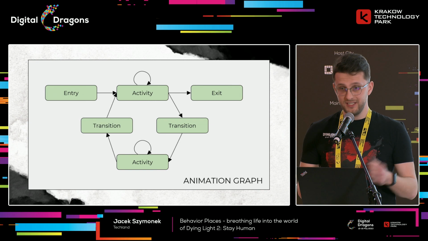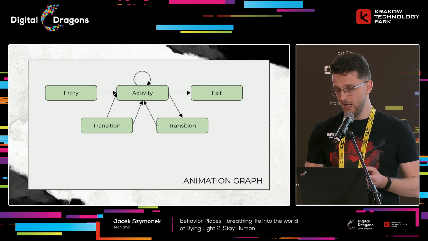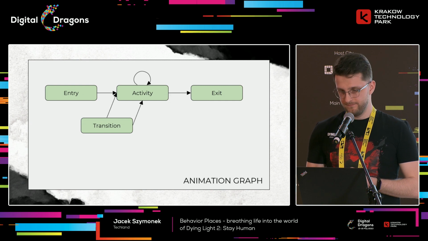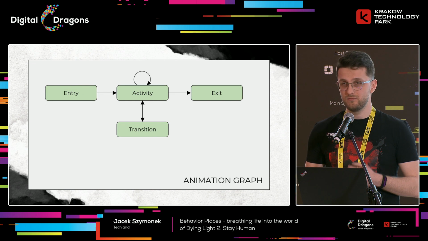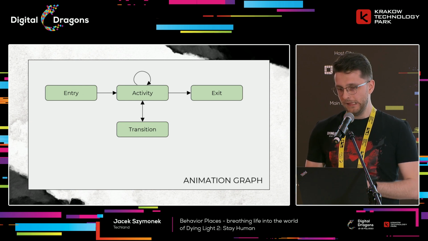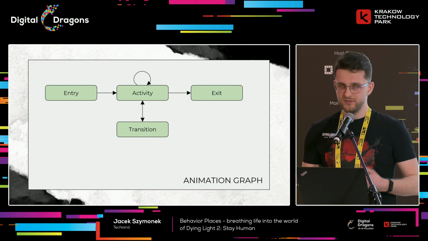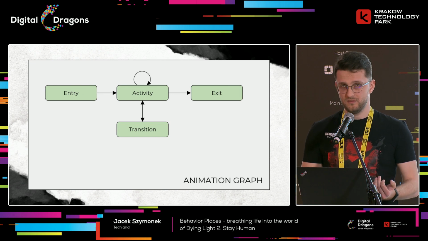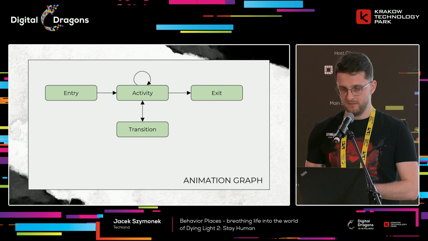Since we are injecting each animation just in time when it is needed, the 2 activities become the same configurable state. Well, we can simply collapse them. And the same applies to the transitions. After all that generalization, we produce this state machine structure. So here's the key takeaway. A behavior place is represented by an animation graph that alternates between looped animations called activities by playing transition animations in between them.